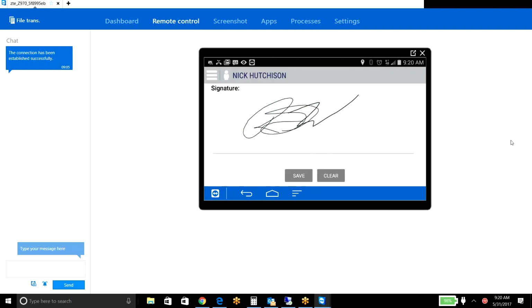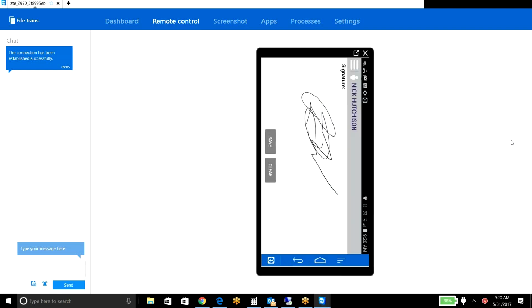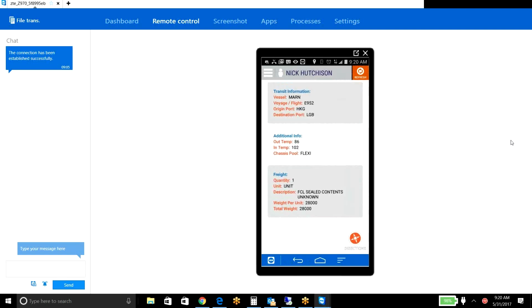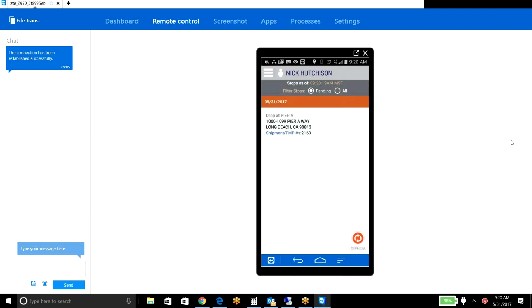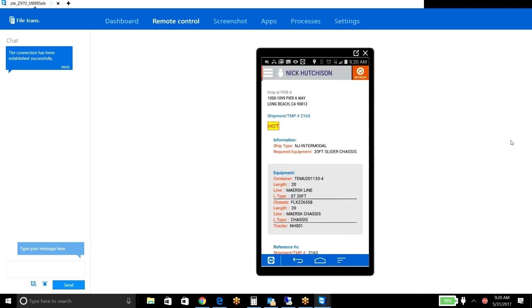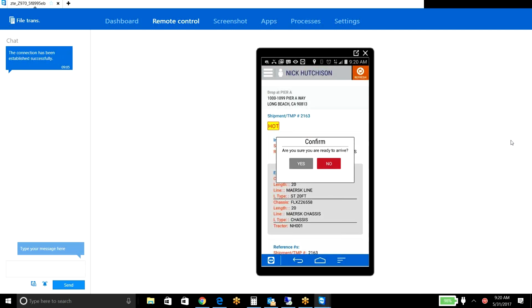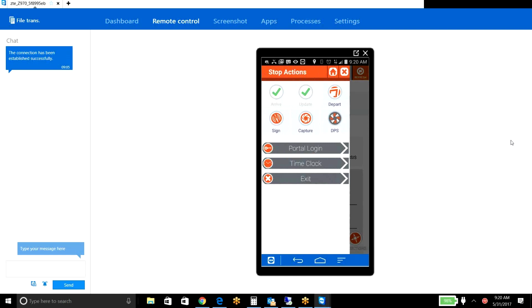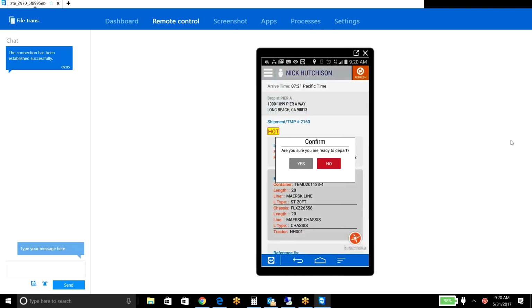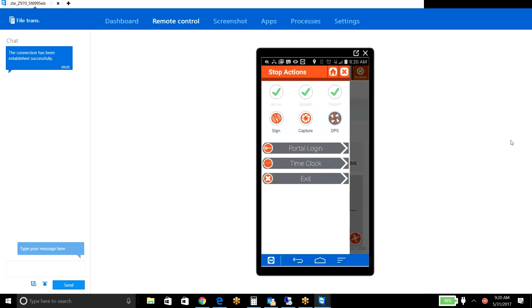Now go back to our stop list where we have one final stop, which is the drop back at the port. So by clicking on that drop, we're going to see the details. And we'll click on Arrive using our toolbar. Confirm our arrival. And Depart. Confirm our departure. And because this is an in-gate of a container, we'll go ahead and click on DPS